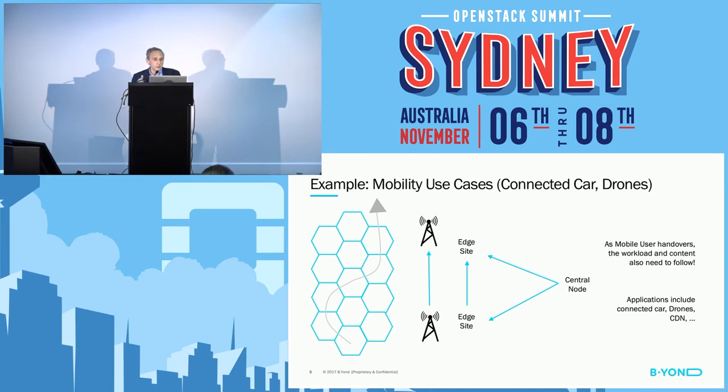Now, as you're moving around, you would hand over from one cell to the next. And the mobile network is very good at managing that handover. The mobile network will take care of minimizing the disruptions on your connection, making sure that your connection stays up and it keeps the same IP address. That will be dealt with.